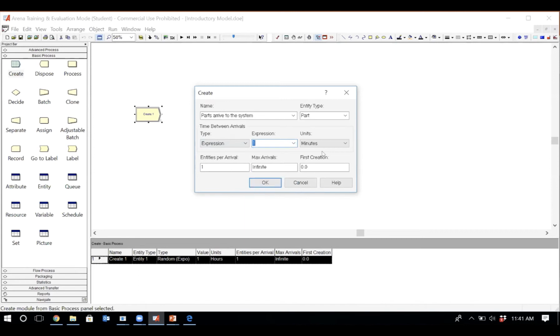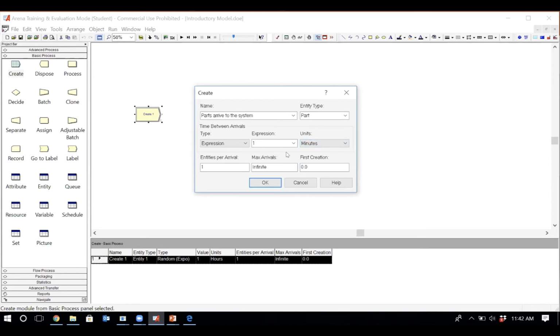Okay, and also here is the unit. Is it 5 minutes? Is it 5 seconds? Is it hours? Is it days? So you can specify all of them here as the units, and that's important as well, guys. I have seen simulation models where you enter everything fine and so forth, but you forgot to change the minutes. For example, if all the processing times are based on hour, if the inter-arrival time is based on hour, but you forget to change the unit of arrival to hour and just leave it as minute, it will destroy your simulation,